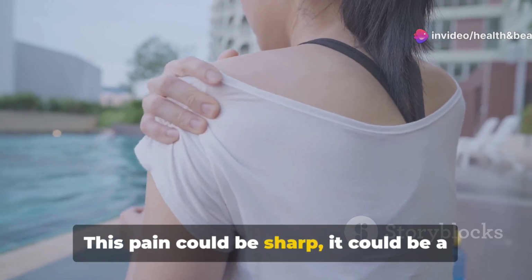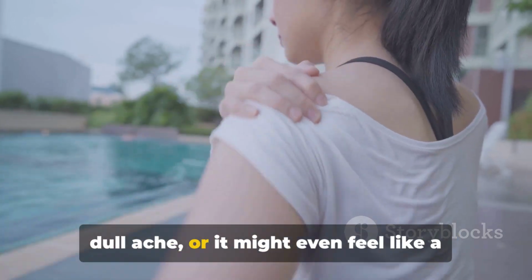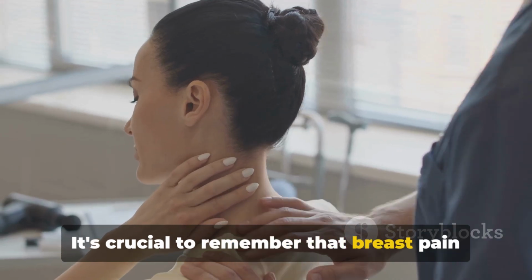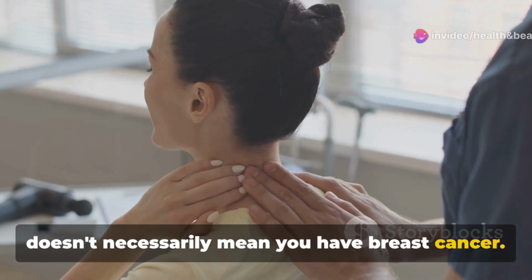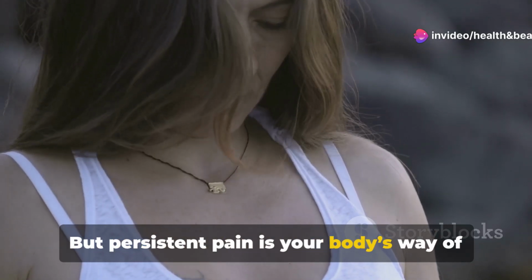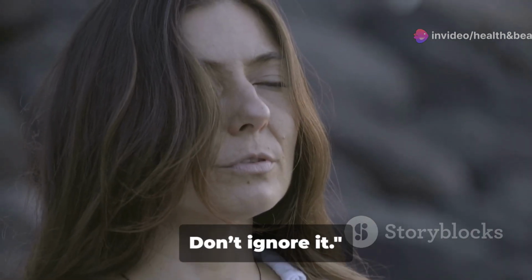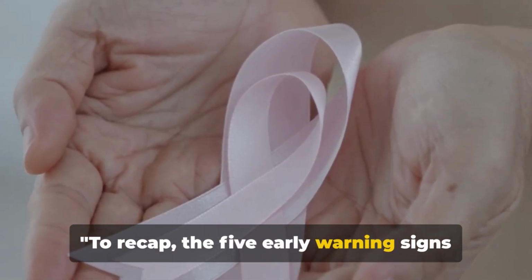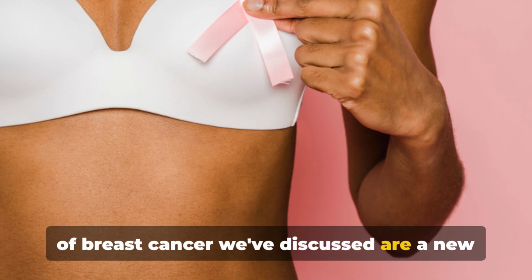This pain could be sharp, it could be a dull ache, or it might even feel like a tight, heavy sensation. It's crucial to remember that breast pain doesn't necessarily mean you have breast cancer. There are many other possible causes. But persistent pain is your body's way of telling you something isn't right. Don't ignore it. To recap, the 5 early warning signs of breast cancer we've discussed are a new lump in the breast or armpit,